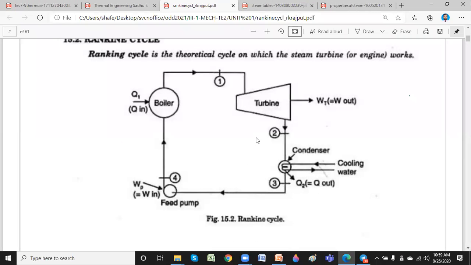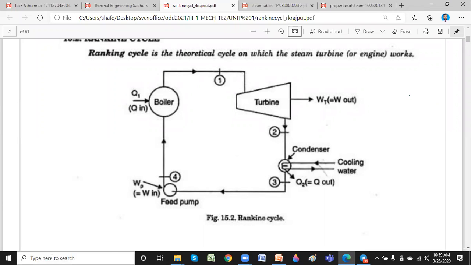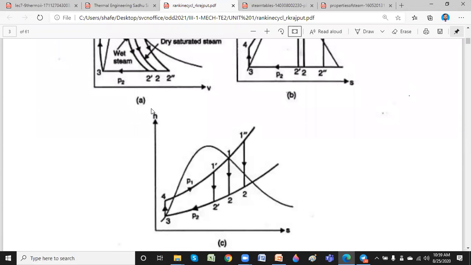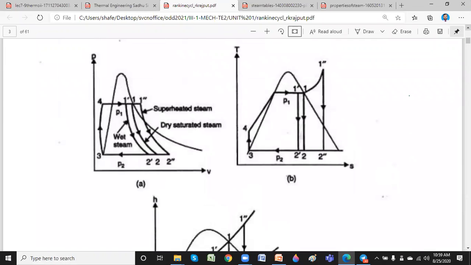So this is the theoretical cycle with condenser, heat output, heat input, 1, 2, 3, 4, 4 to 1. There is a slight change in the parameters. He has taken 1 to 2 as the expansion process, 2 to 3 as the condensation or heat rejection, 3 to 4 as the pumping, and 4 to 1 again as heat supply in the boiler. A similar thing represented in a TS diagram is given like this.